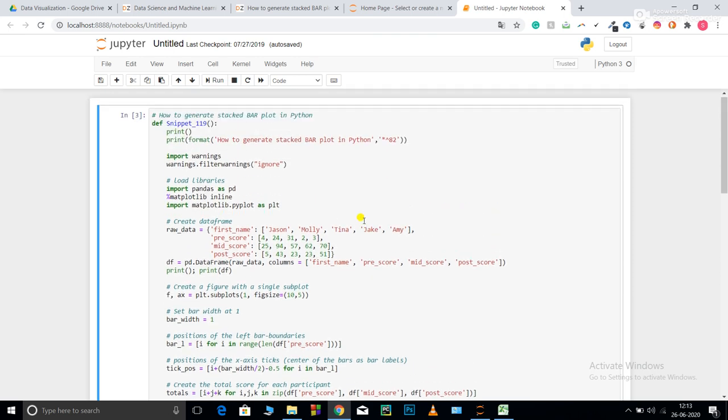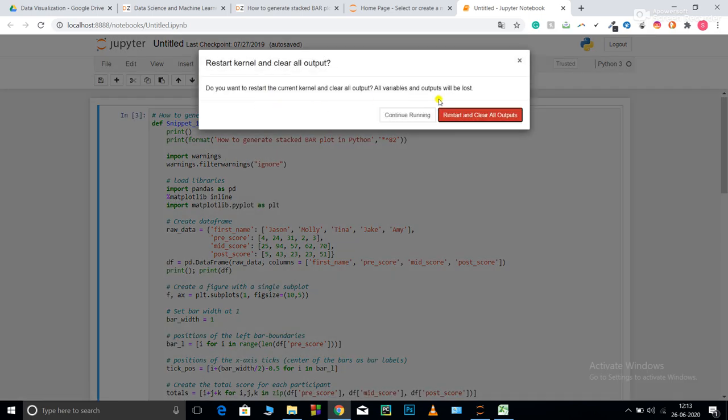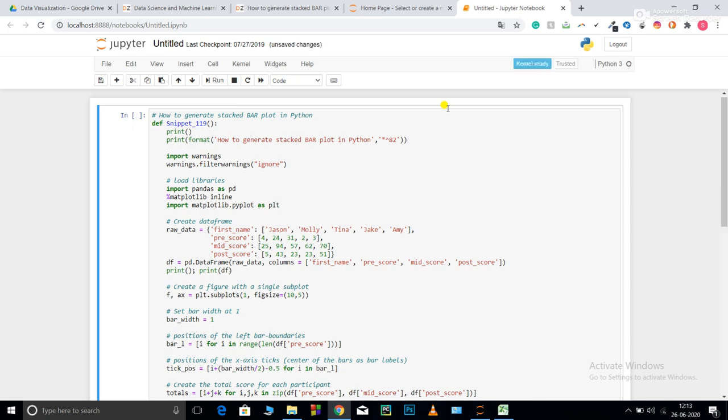Now first of all, what is a stacked bar plot and where are we going to use it? Consider divisions in your data set. For example, consider a person X who spends 10,000 rupees in a month. Out of 10,000, 7,000 rupees is spent on an object X, 2,000 on an object Y, 1,000 on an object Z. Now you are plotting the graph as a bar plot for that. So for that person the bar plot is going to be